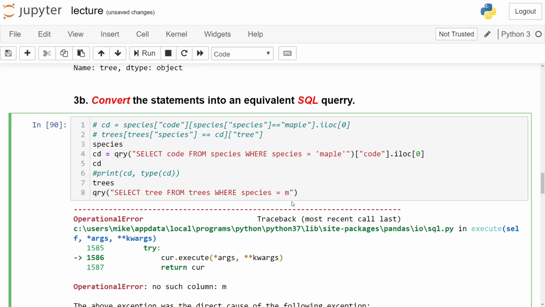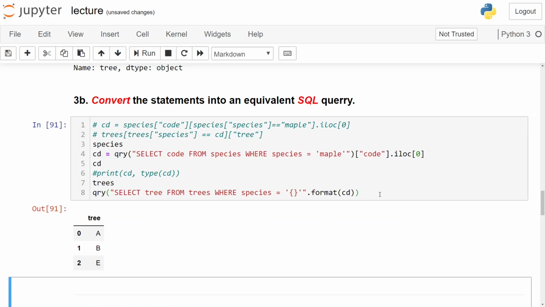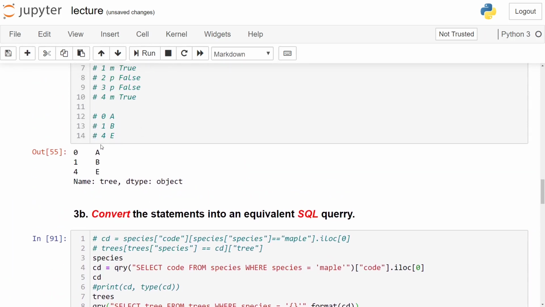It's putting the character M in my string when I really want this little M to be in quotes, because I need to give text to the SQL query. So I'm going to leave those little quotes there, and I'm going to use my string format function to fill in the letter M right there. Dot format CD, and now that'll take the contents of the variable CD, which is the character M, replace these brackets, and they'll be inside the single quotes right there. All right, and that gives me the same data table back as I saw up here using SQL,